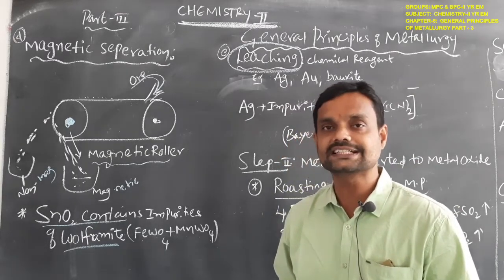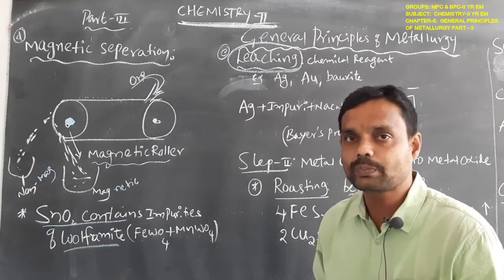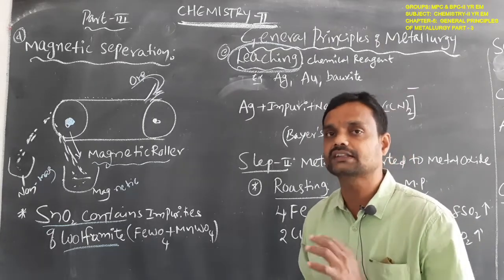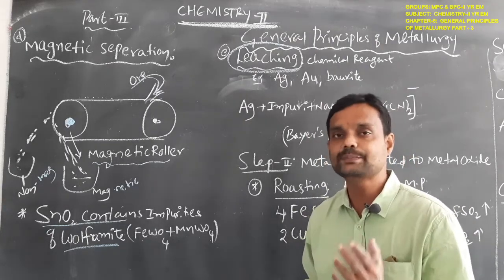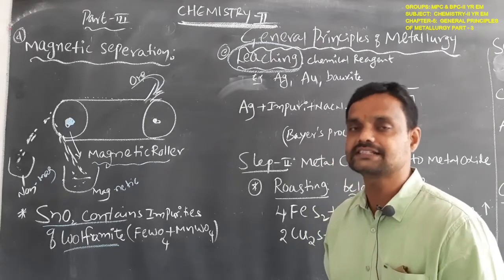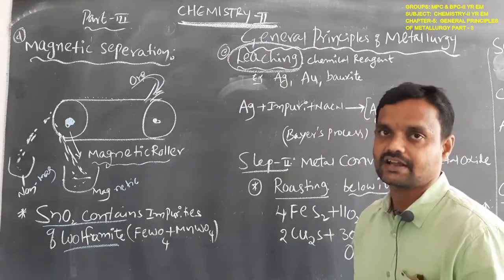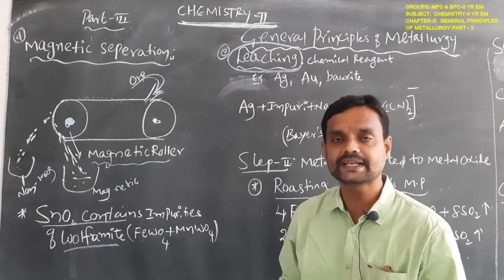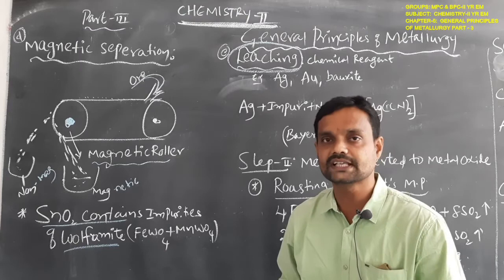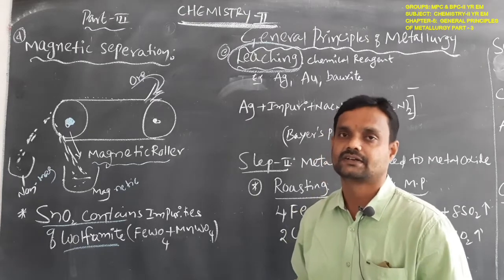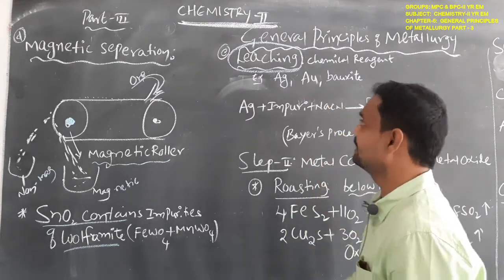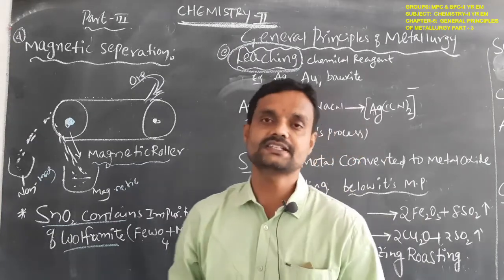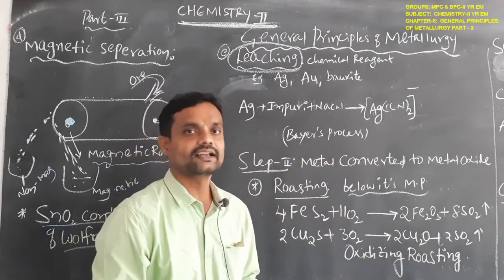When we use that chemical reagent, the ore particles are soluble in it and the impurities, gangue, are insoluble in it. By using this method, we separate the ore from its impurities. Okay, students. So, that is the leaching process. In this leaching process, we are using the chemical